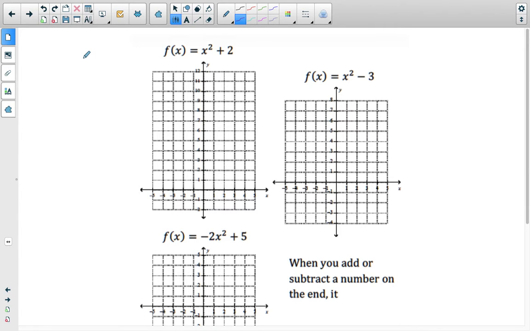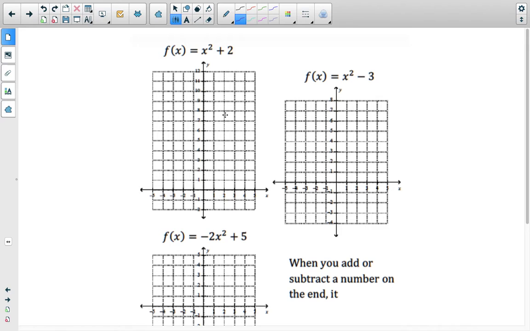This video is on basic shifts of a quadratic. In a previous video, I explained what the a value does to a parabola. If the a value is negative, then the parabola will flip over the x-axis. If the a value is between 0 and 1, then the parabola will be wider because of a vertical compress. And if the a value is bigger than 1, then the parabola will be more narrow or skinnier because it's